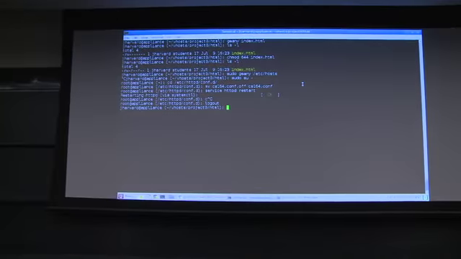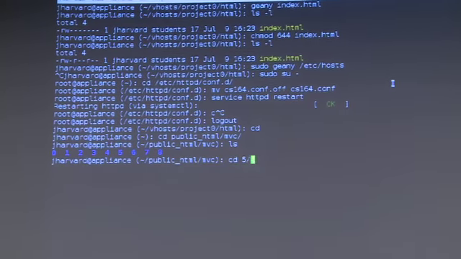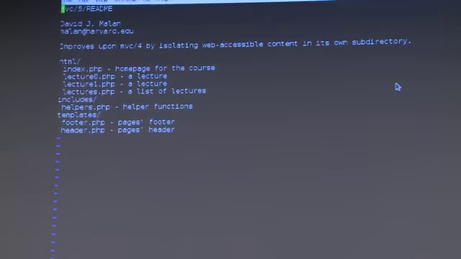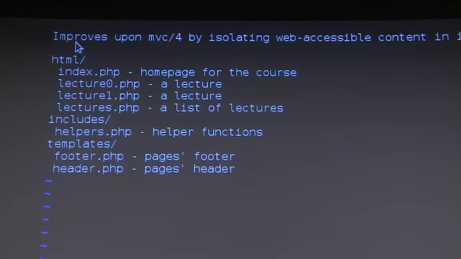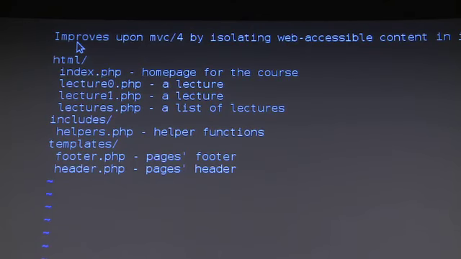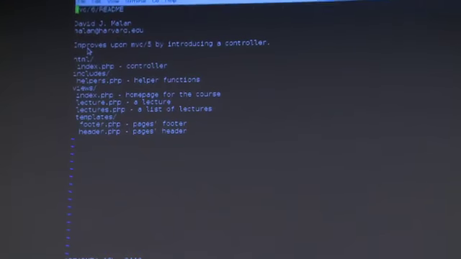So let me go into the code that we've been looking at. And I think we left off with 5 here, yep, which we had this directory structure. So the website itself aesthetically is not at all different. All we've been doing is hammering on the design. So let me now go into the 6th iteration of this, where I do